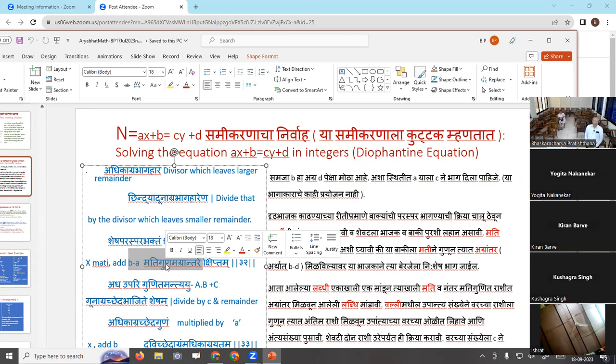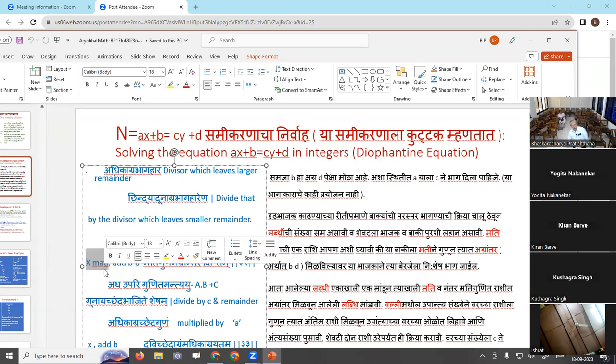You can say that you should find out mati. Now that mati is to be found out. So multiply this remainder by mati. Let us say z, some number z. Now after that, after multiplication, you